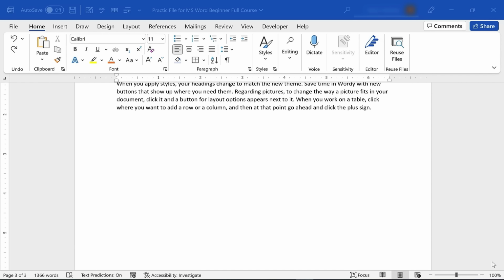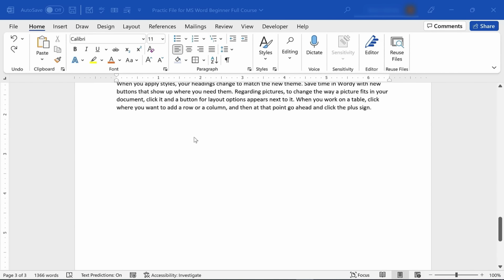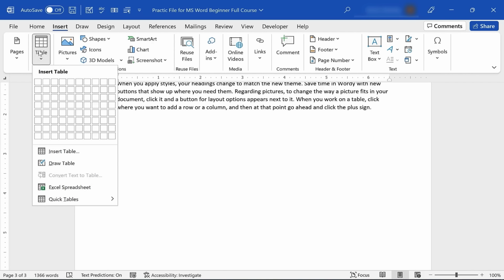In this next segment of Microsoft Word for Beginners Complete Course, we're going to learn how to create and edit tables in your Word documents. So here I am at the bottom of this Word document that I've been working with, and I would like to insert a table. So of course, I go to the Insert tab, I look on the Insert ribbon for Table, there it is, and I can click, and then I have several different ways that I can add a